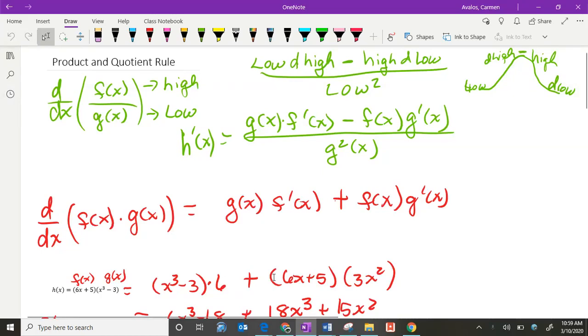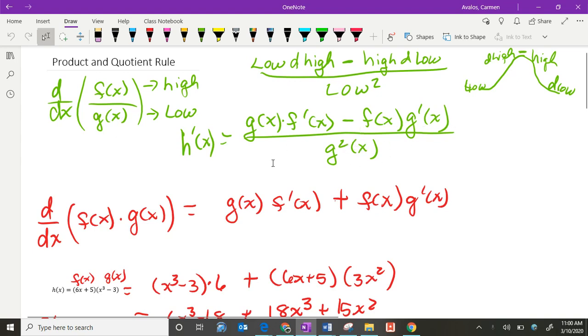So we know that the quotient rule could be written in two ways. You could use the low d high minus high d low over low squared. So that's the low going to the d high minus the high going down to the d low. It's actually going to be low is the denominator, so g of x times the derivative of the f of x, which is high, minus the f of x, the regular, times g prime, the d low, and